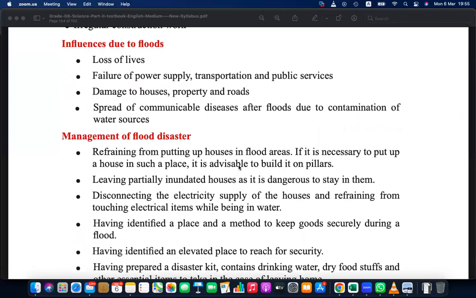Right, so this is a clear thing, right? It's affecting our lives. It can spread some diseases like